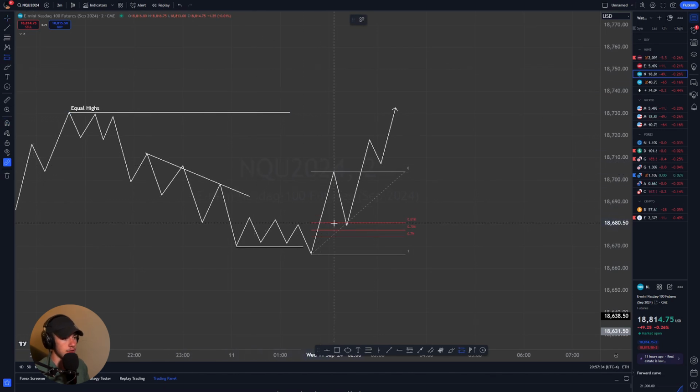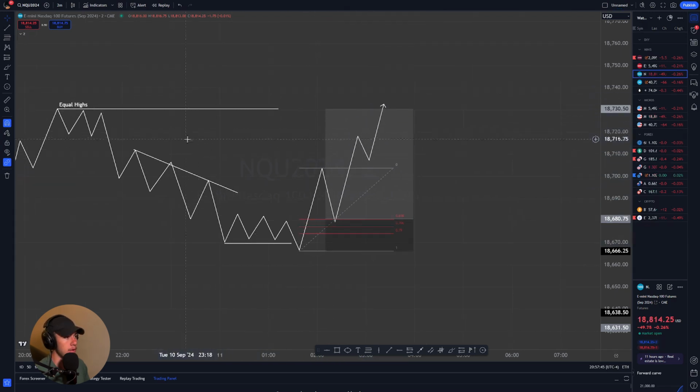So this entry and stop loss is mechanical. You always enter on 0.618. Your stop goes to 1, and your take profit goes to the significant liquidity pool, which in this case were